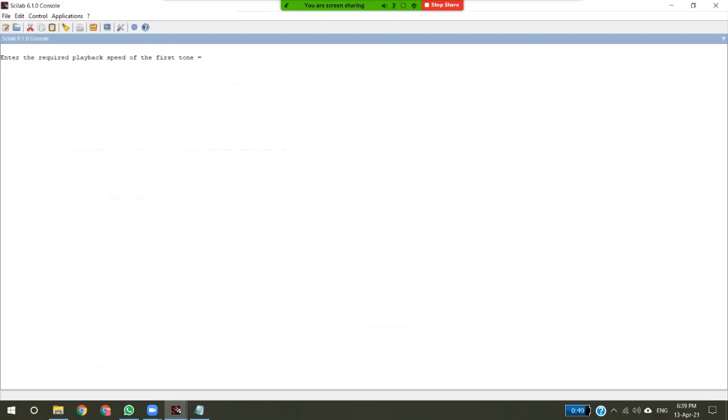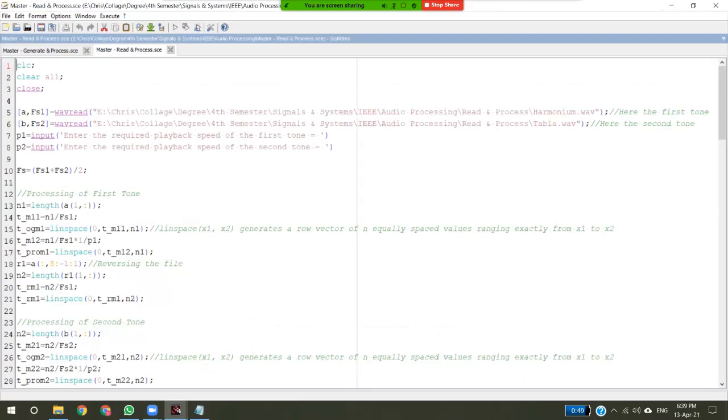So can you please show the code again? As we can see on line five, we have taken the first recording, which is of a harmonium. Scilab provides only .wav files, so we have to convert the MP3 file into WAV. So this is done. In lines five and six, we are just taking input, which are two recorded sounds from the PC where they are stored. So now let's run the code.